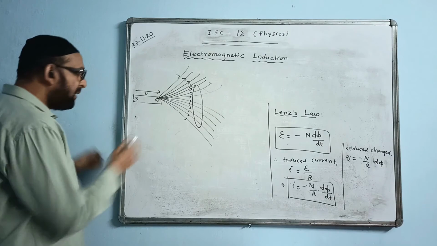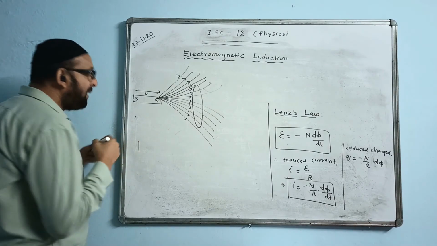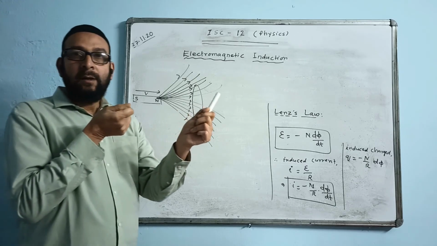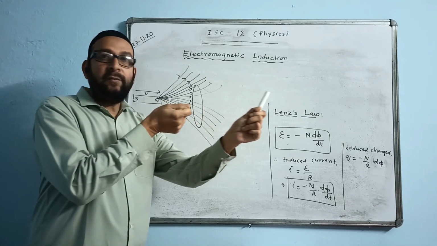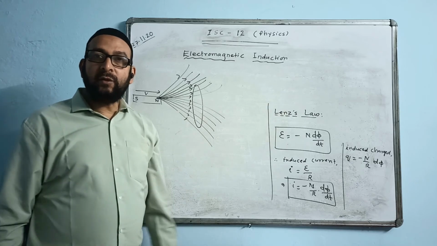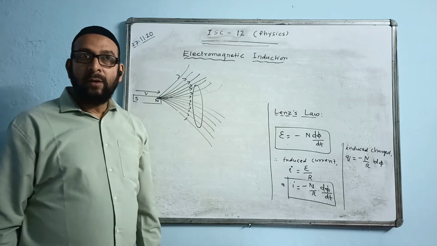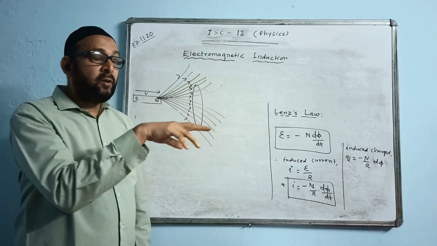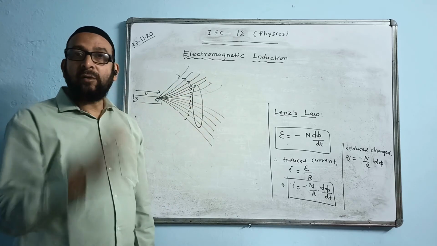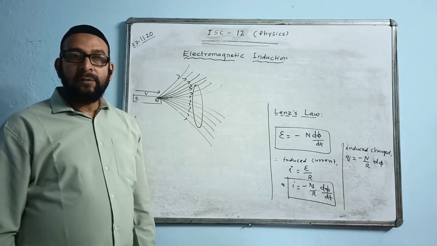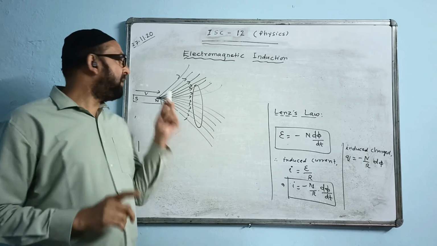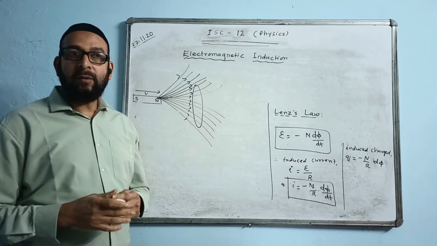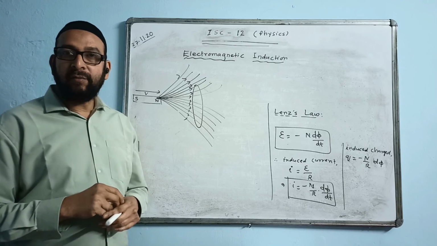If you remember class 10, I will just show another diagram here. By chance, if the magnet and the coil are both moved in the same direction with the same velocity, will there be induced current? The answer is no, because the magnetic flux linked with the coil is not changing. So there must be some relative motion between the magnet and the coil, and that will generate or induce current and EMF.